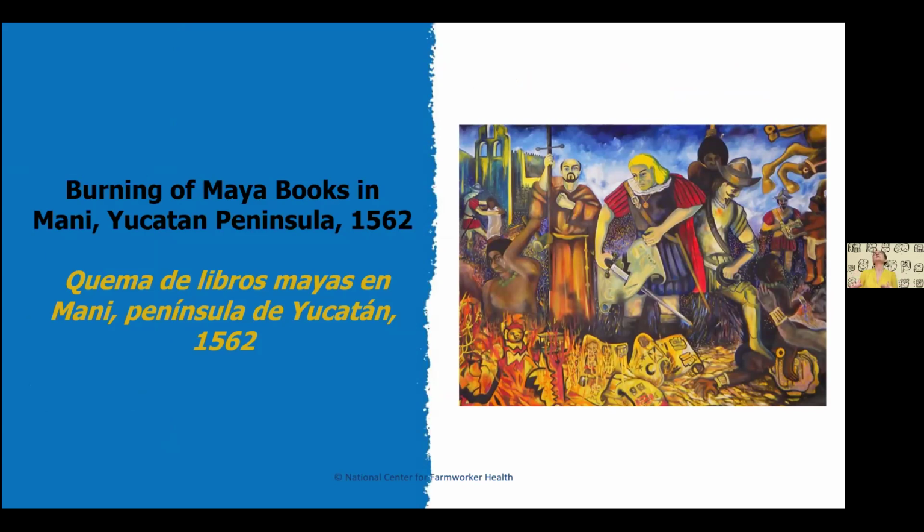It is the group, of course, in Mexico and in Guatemala, 29 languages, that I know best, but this is applicable to other Indigenous groups throughout the region of Mexico and Central America. But with the Maya in particular, there were hundreds of books, called codexes, written in a fully developed Mayan language